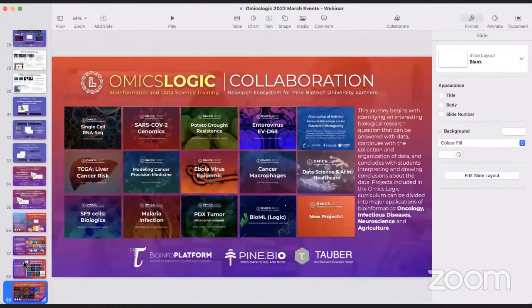public repositories, as well as the data that many of you are generating and could be supported through our expertise, through our tools that we discussed today, and through our collaborations that we are putting together by getting all of us together on a platform where we can discuss science and actually also do science by using all of the resources that we discussed today. So that's what I wanted to tell you in my part of the presentation.